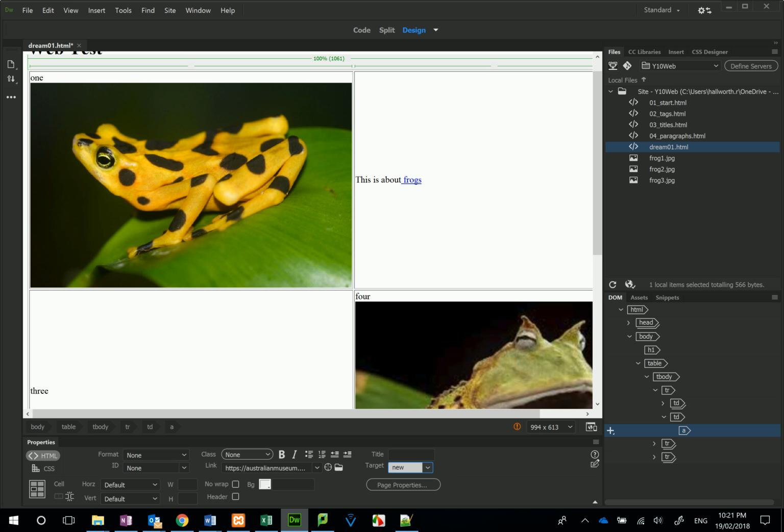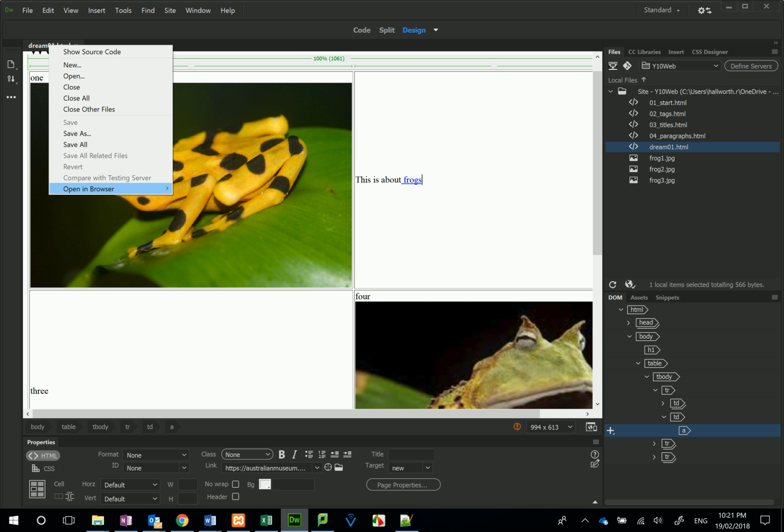So again, notice the asterisk. The asterisk here is telling us that this page has not been saved yet, so we can do a file save, or just a Control S will do. We're going to run this, and the way we run it is to go up here onto the tab, right click, open in browser,